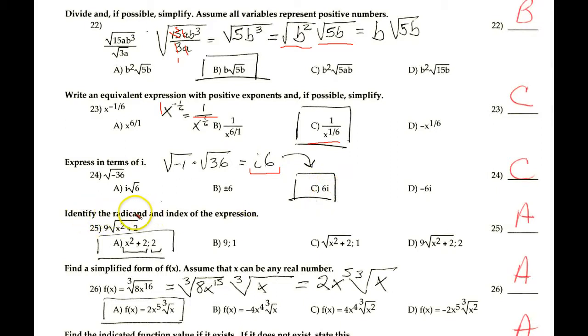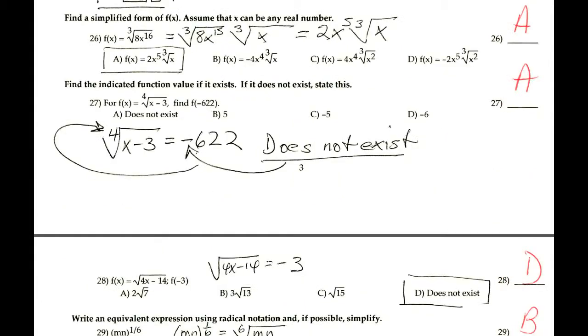identify the radicand, which is what is under the radical sign, that's this, and the index number, which is a 2. Remember, we don't write the 2 there. All right, let's go on. Okay, 26,